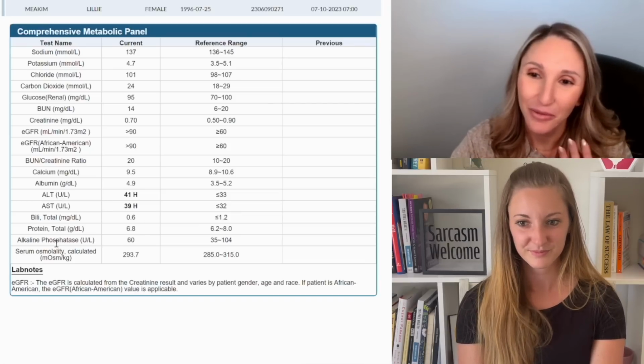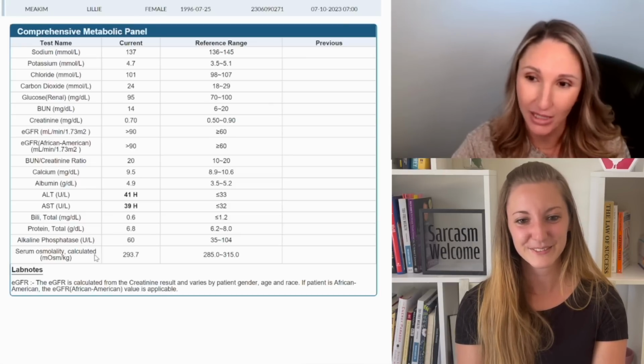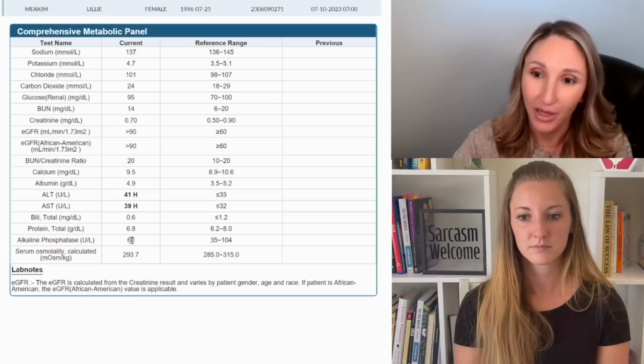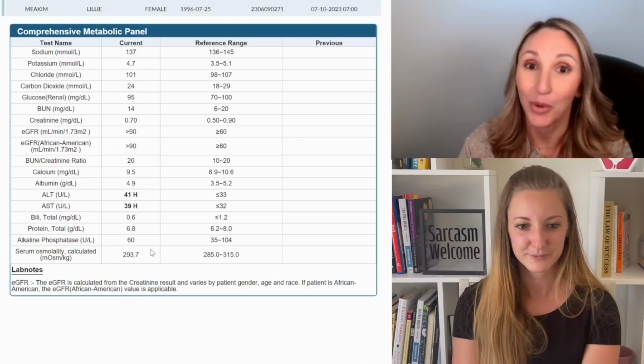Yep. And then these last few values down here, the bilirubin, your total protein, alkaline phosphatase, those are also indications of liver function too, which are completely doing fine. And then the osmolality is just the blood concentrations. So, all right, moving on to your